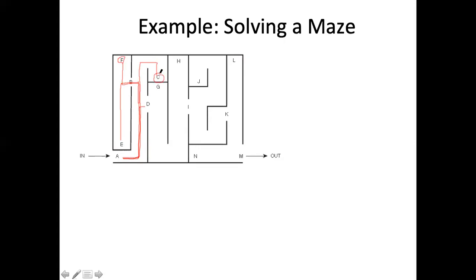G of C would be the actual distance from C to A. और किसी भी नोड के heuristic cost क्या होगी? Heuristic cost would be the heuristic evaluation of that node, और heuristic evaluation के लिए आप start node से compare नहीं करेंगे, बल्कि आप end node which is your goal node से आप compare करेंगे। So E का जो G